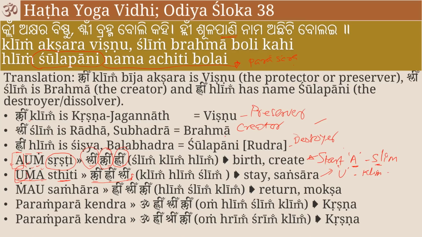Now, come to the Samhara. In the Samhara, the Rudra should be first. Ma, A-U, Mau, like Mao Zedong, the Chinese premier, the great one. Keep that in mind. That is Samhara, which means to die, to get finished. What is the first bija that must be? Hrim must start, followed by Shrim, and finally Klim.